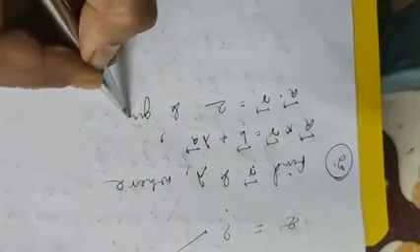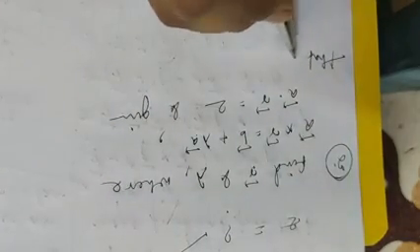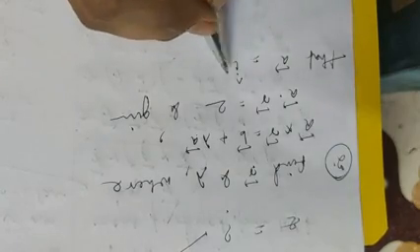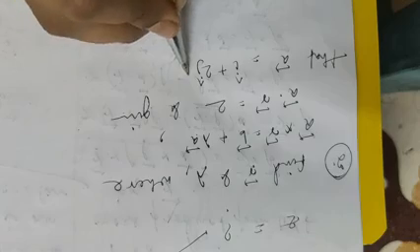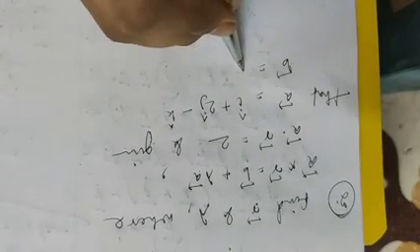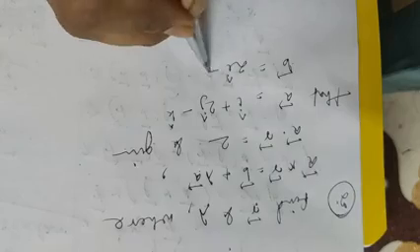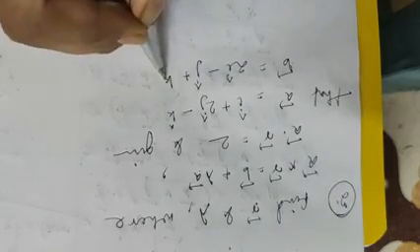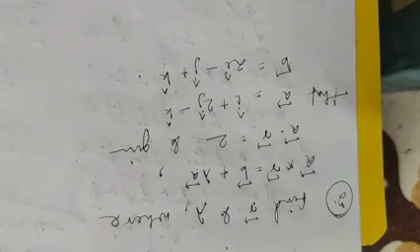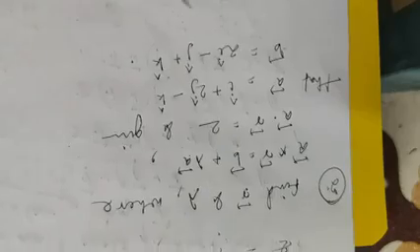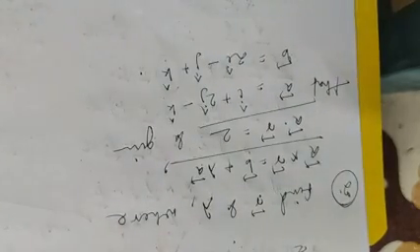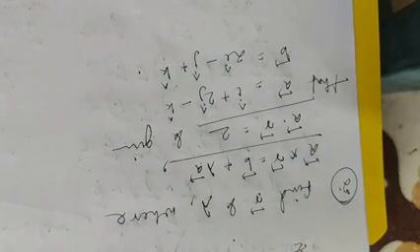And given that vector a equals i cap plus 2 j cap minus k cap, and vector b equals 2 i cap minus j cap plus k cap. The values of vectors a and b are given, and the two equations are given. Then you have to find the vector r and the scalar lambda.